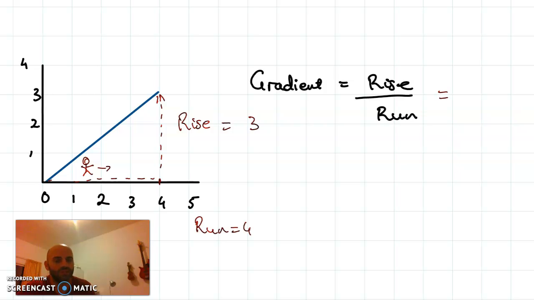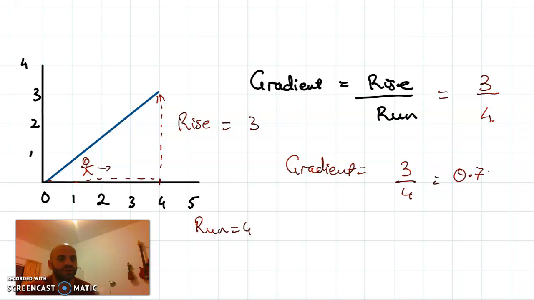So that means if you just now take your numbers and we get the rise divided by the run, then I would have 3 would be my rise, my run is 4, and my gradient would be 3 over 4, or 0.75. Okay. Now right now there's no units on this, so this number doesn't necessarily mean anything. But we're going to put units on it in a moment, because we're going to use this in a distance time graph, and that number will have